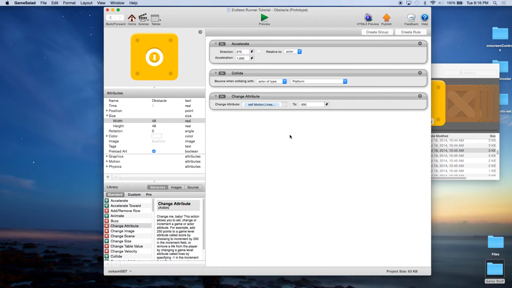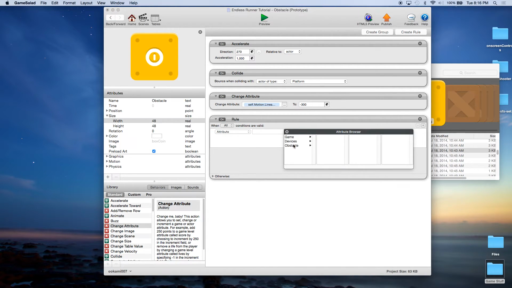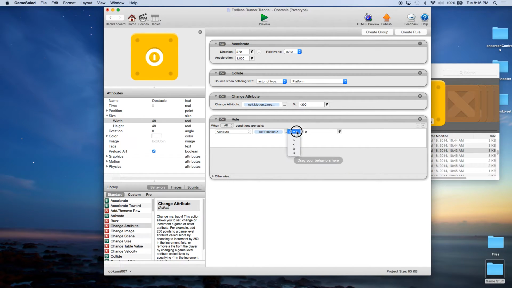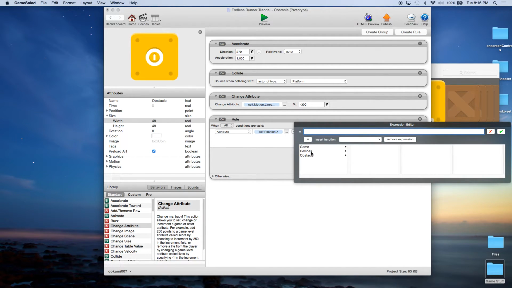Now, this obstacle, even when it goes off the screen, it'll just keep going. And then when it gets to the edge of that platform, it'll just keep falling. So we need to make sure that we clear it. So what we're going to say is when attribute obstacle position x is less than, and here we're just going to put obstacle size width